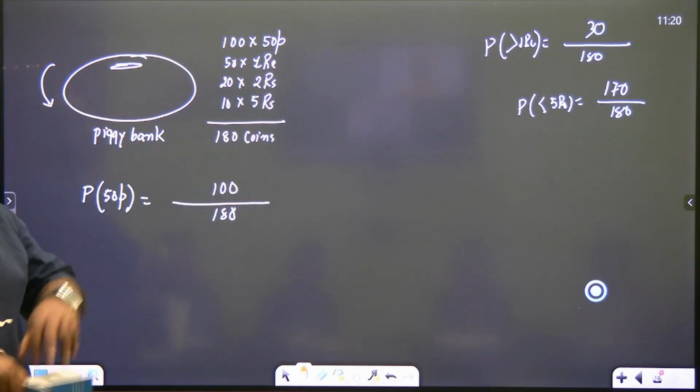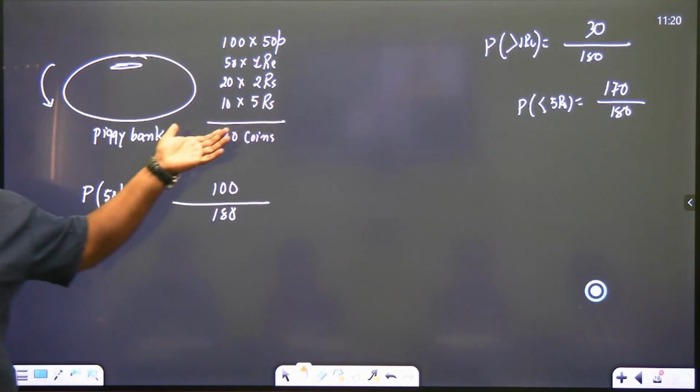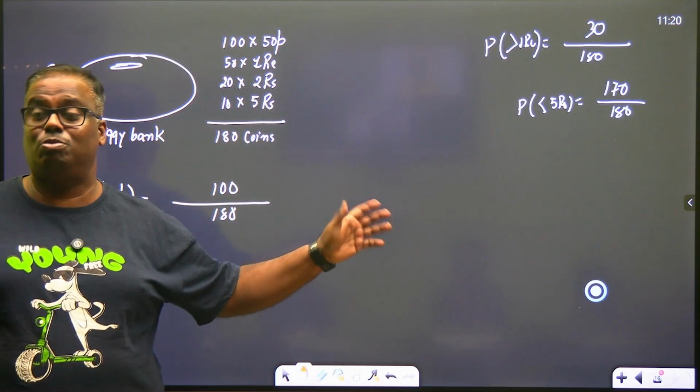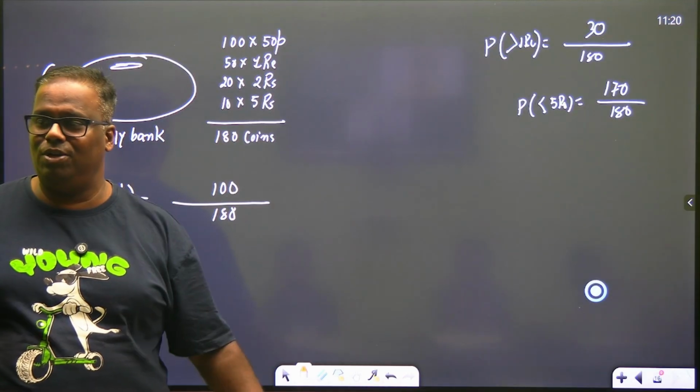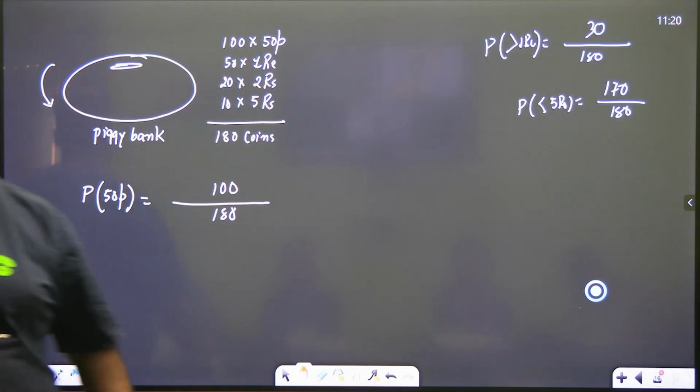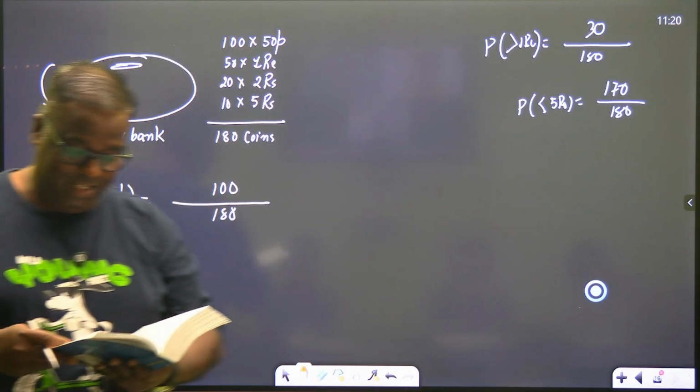You can also calculate the probability of getting a 5 rupee coin. It will be how much? 10 by 180. So the probability of not getting a 5 rupee coin is 1 minus 10 by 180, which is again 170 by 180. It is the same thing. Okay? Next,